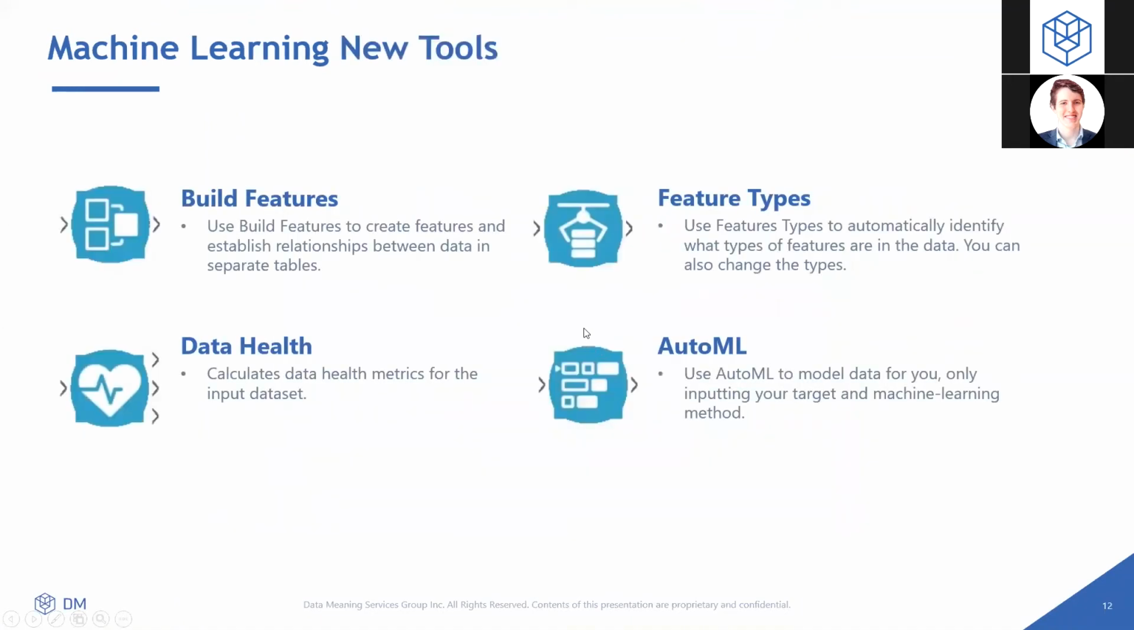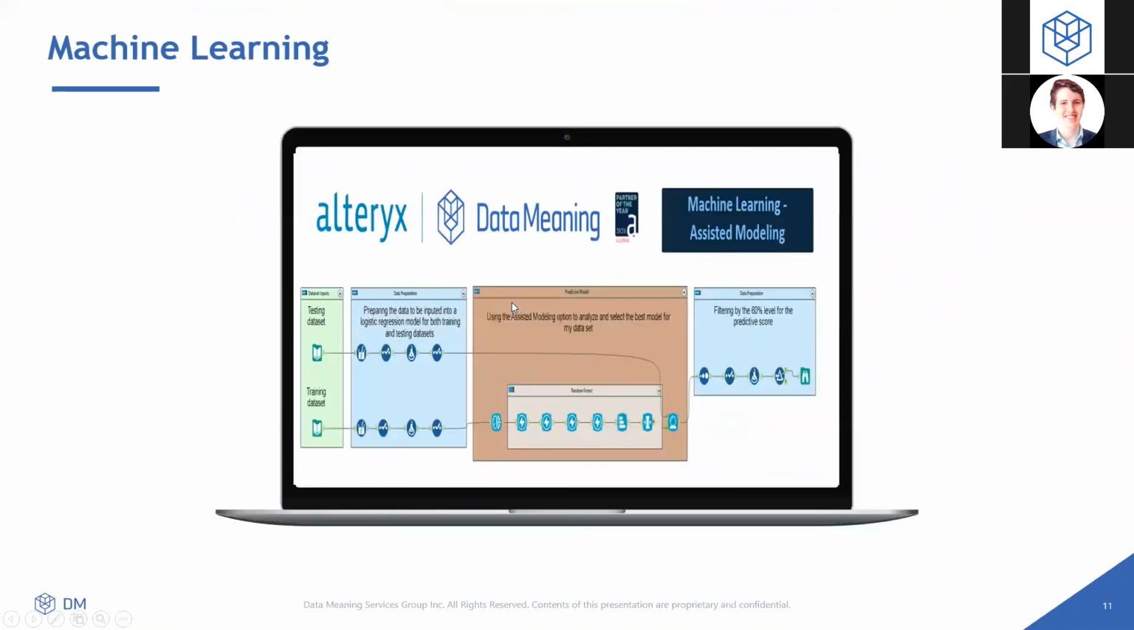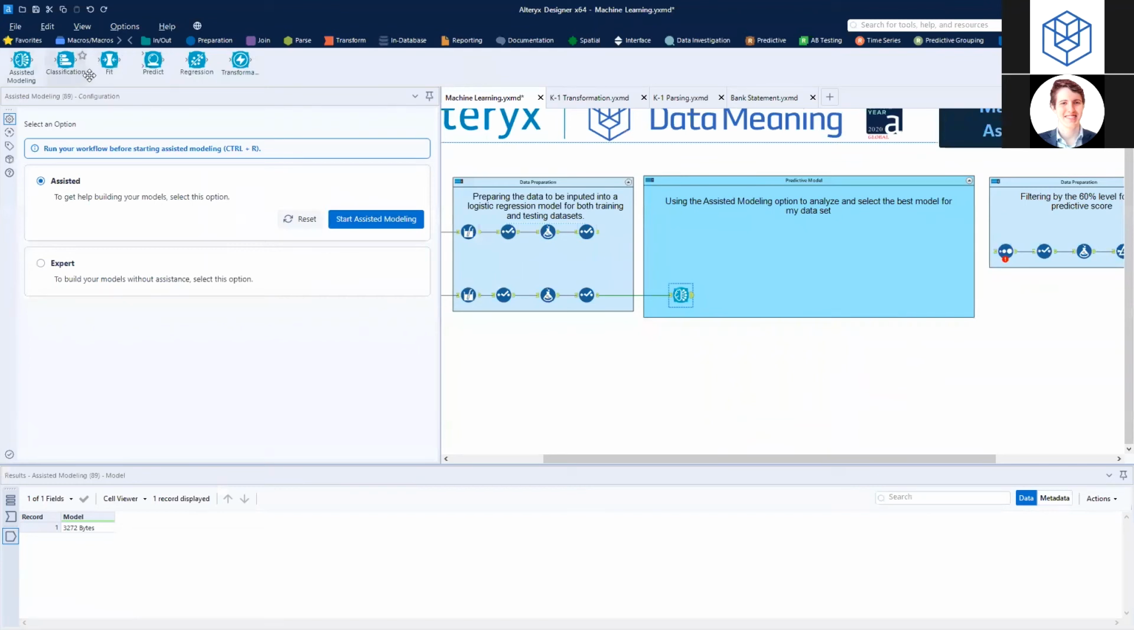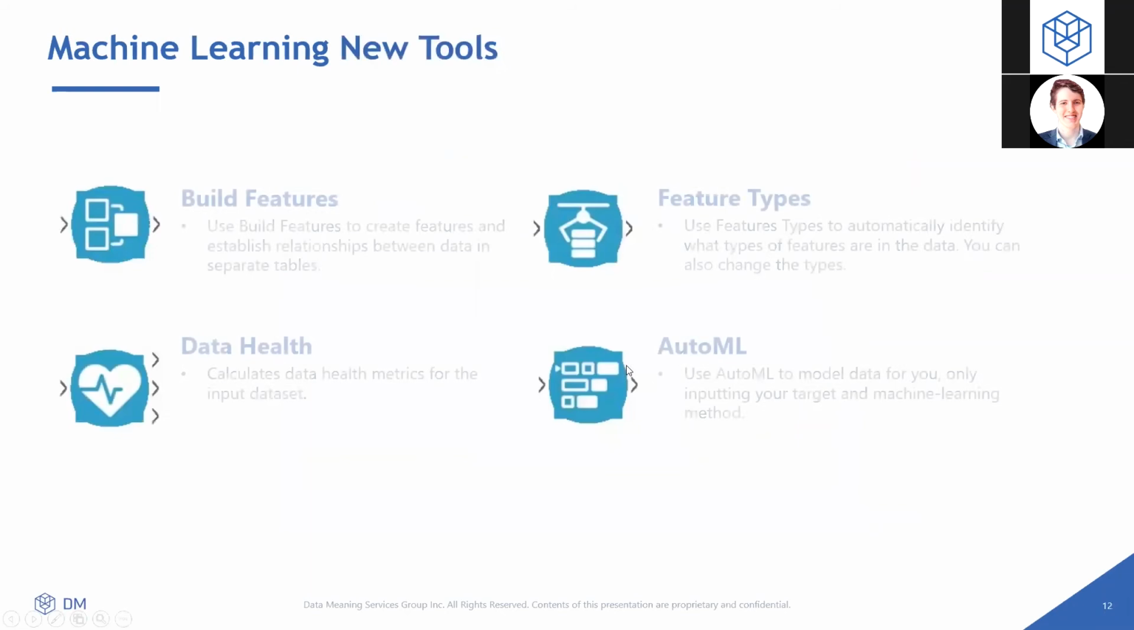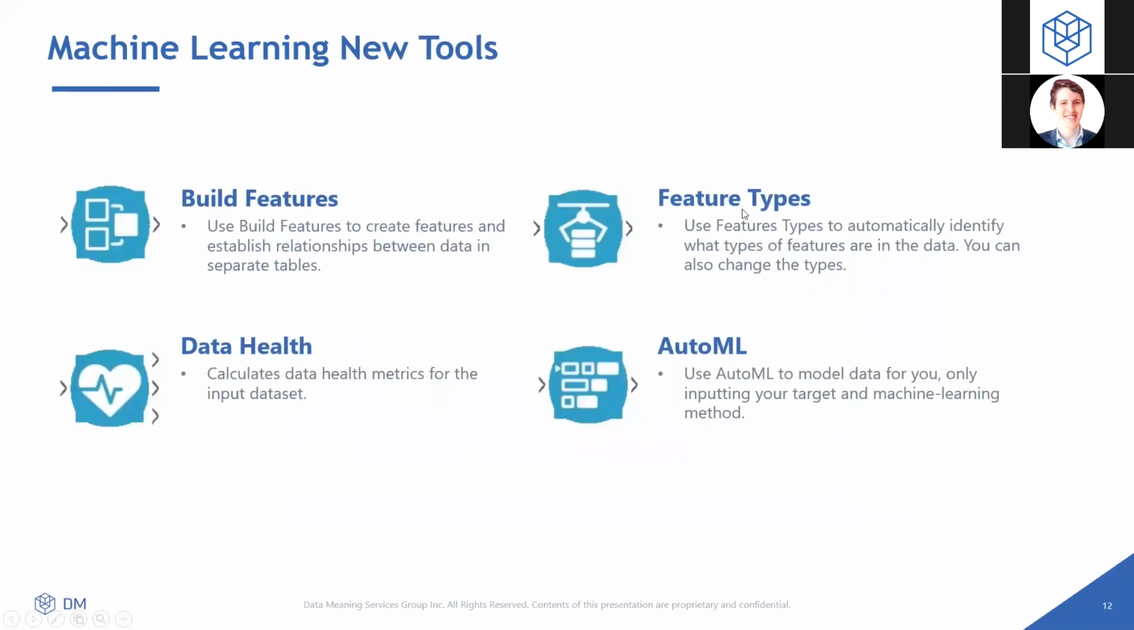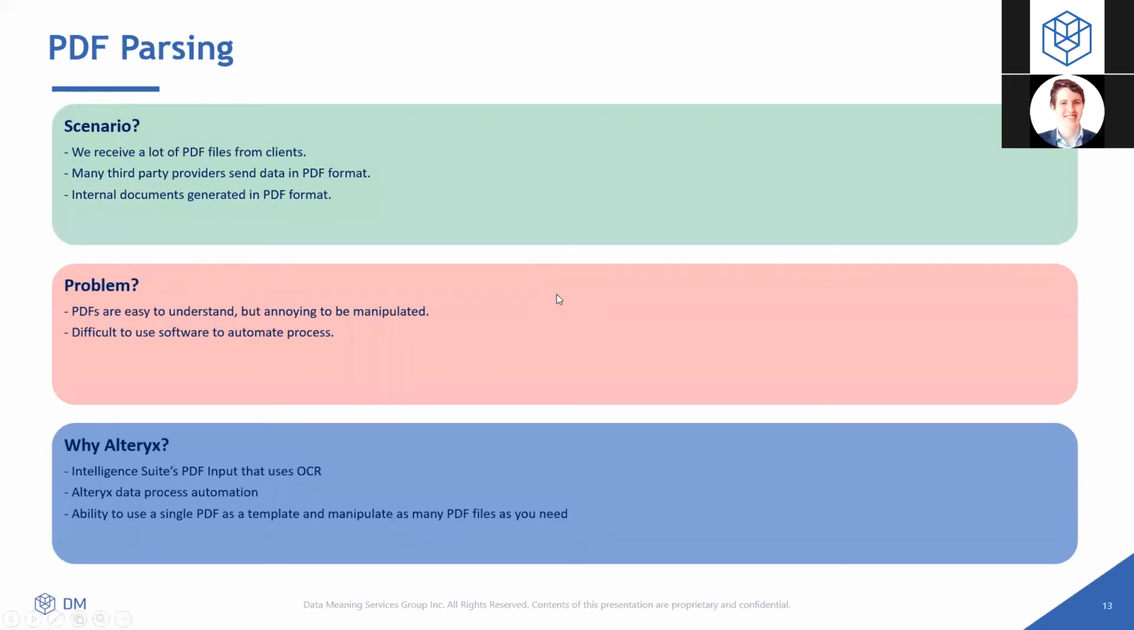Other things that you need to know as well is that besides the tools that you can see at the top right here for assisted modeling, the newest version of Alteryx, the version that came out this year, Alteryx has quarterly releases. So with the newest version, you're going to have more tools, right? You're going to have the build features, the feature types, also ML and data health. So you can see that Alteryx is always giving you more to work with. So when it comes to machine learning, you're going to have the ability of developing even more. Okay? So let's then jump into a different use case,